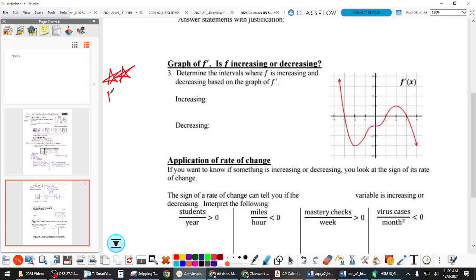Yeah. So you just plug wherever it's above the x-axis. Good. Yeah. And then it's decreasing. So we're looking for where f prime is positive, and where f prime is negative. So this is a big deal in the AP world. So what intervals would you have for increasing? So from negative infinity to negative 3. Yep. And then from